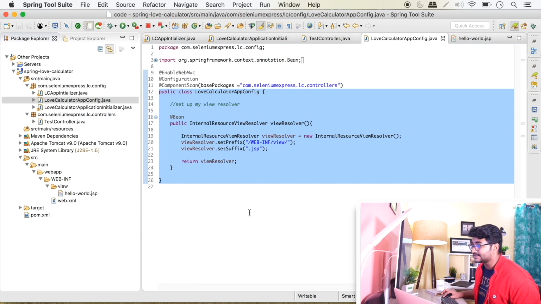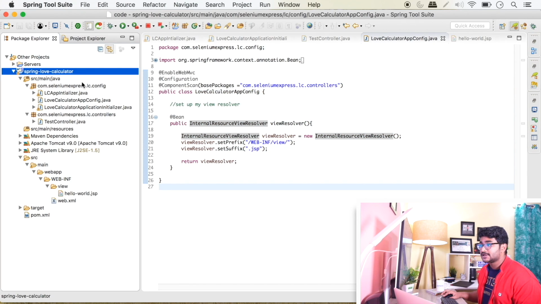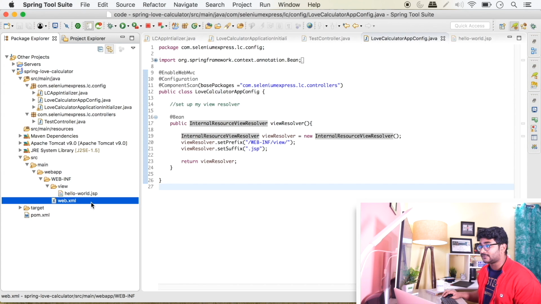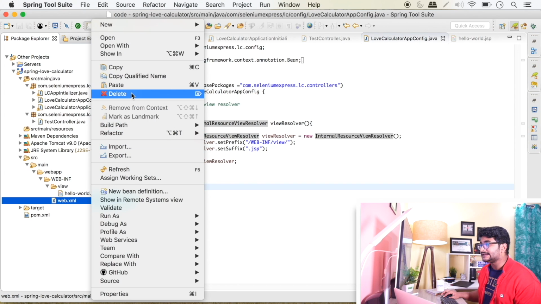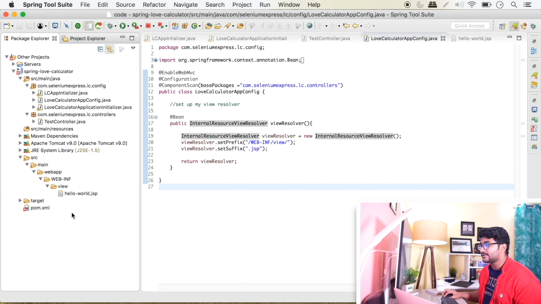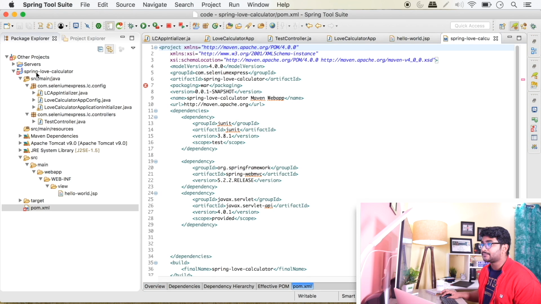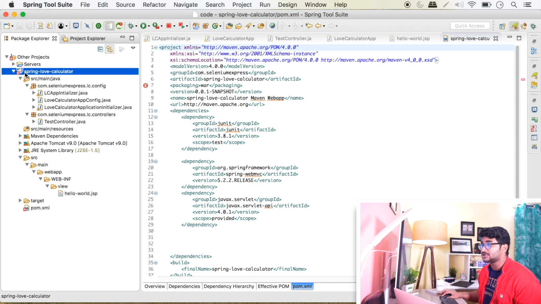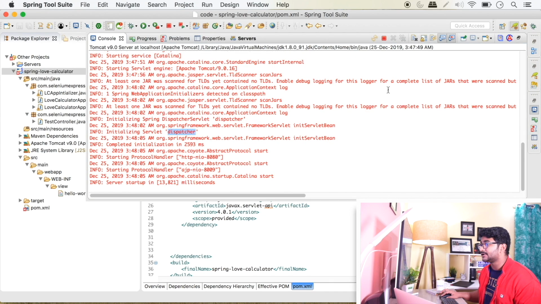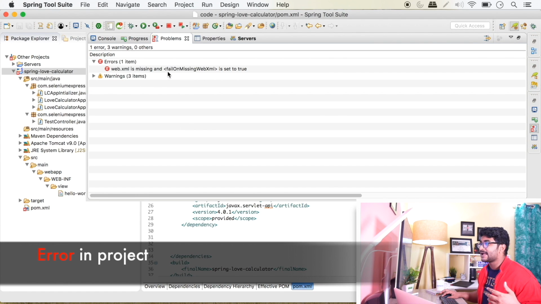The one last thing that I'm going to do in this particular project is run it by deleting the web.xml file. Now, if I delete the web.xml file right here and click OK, you can see I'm getting an error in our pom.xml file, and my project Spring Love Calculator is also giving me an error. If I go to my console and to problems, you can see web.xml file missing and